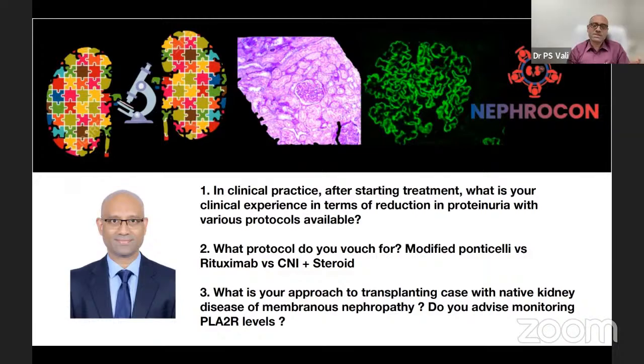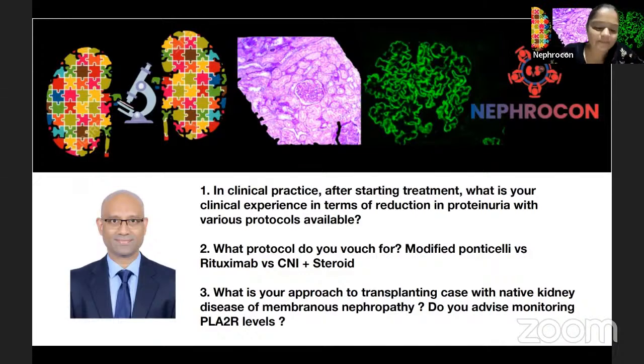However, in those patients with rapidly falling GFR, or those who present with the crescentic form of membranous nephropathy, there is no other option. The only treatment is Ponticelli. Therefore, nowadays, if I treat at least 10 patients of membranous nephropathy, 9 out of 10 will be on rituximab only. Has it ever happened that despite giving